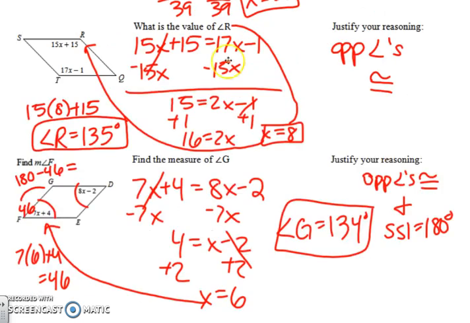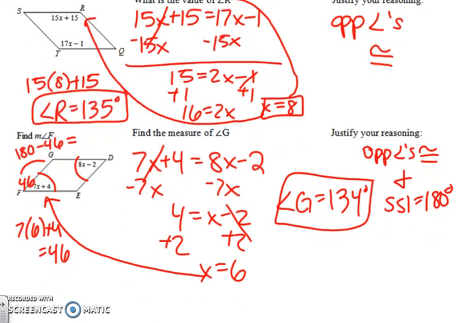Hopefully you didn't get tripped up with your variables on both sides equation. They're opposite angles, so you're going to set them equal. Again, subtract x to one side, and then you've got a two-step equation, and you get x equals 8. Notice it wants you to find the angle r, so you're going to plug 8 back into this r equation, and then get 135 degrees. Okay, you could double check it and plug it into t, and make sure you get them both to equal